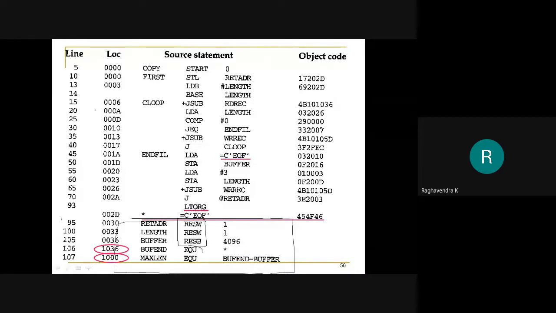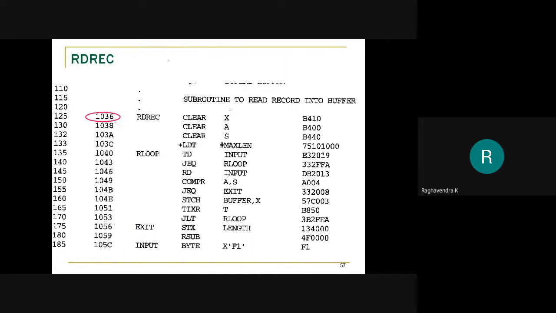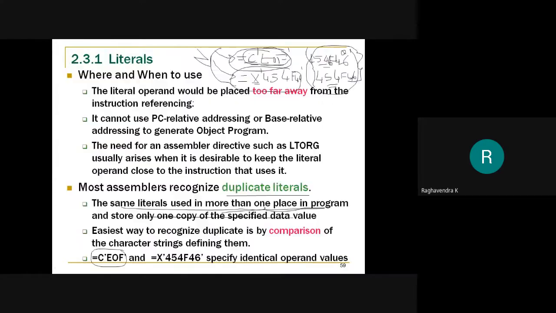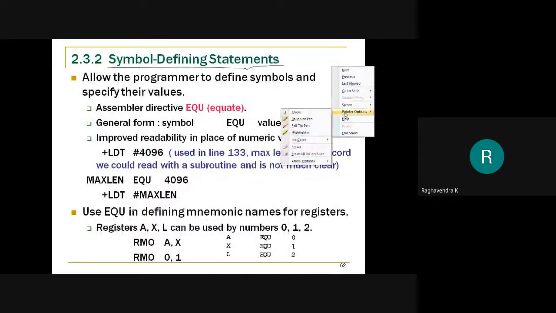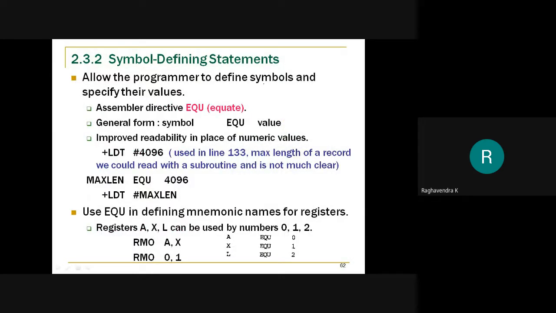Of course, we haven't come across any symbol like the one you are seeing right now on the screen, EQU. How do we define symbols? We define them either by using byte or word, or reserve byte or reserve word. We also saw a new way for defining constants, which is the literal. But now we shall see one more type of assembler directive that can be used to define the symbols, along with their values, in your program.